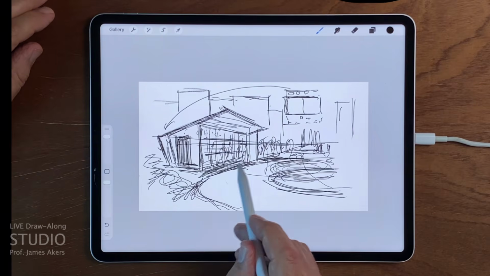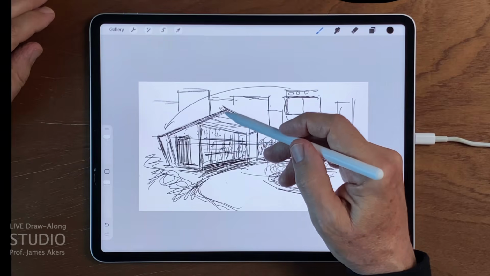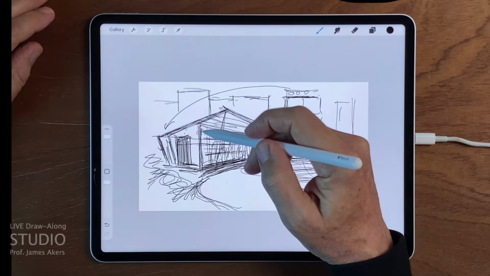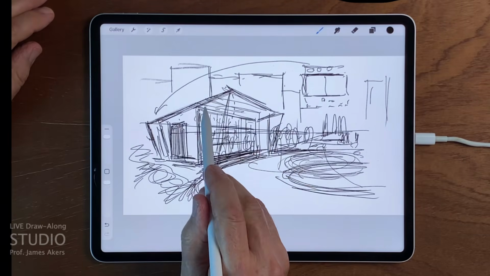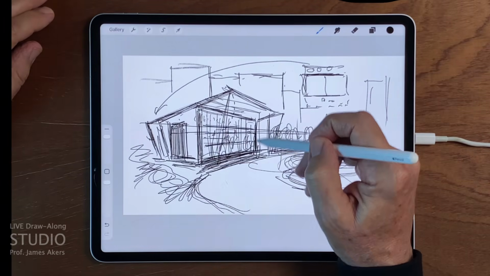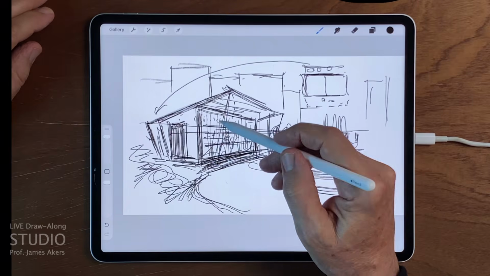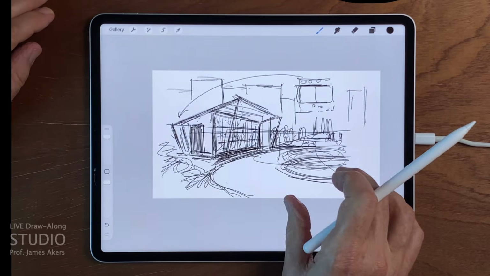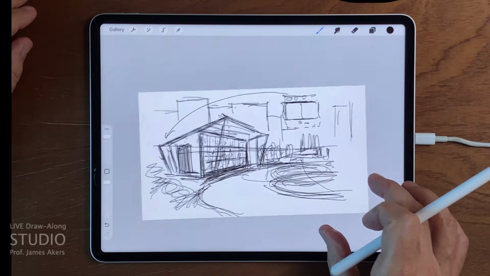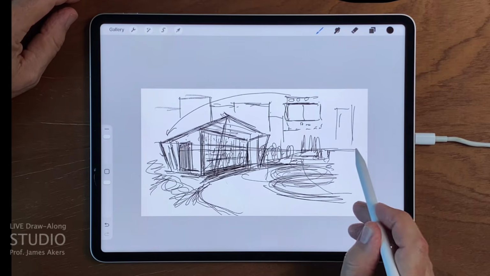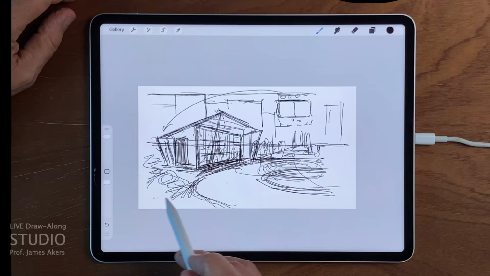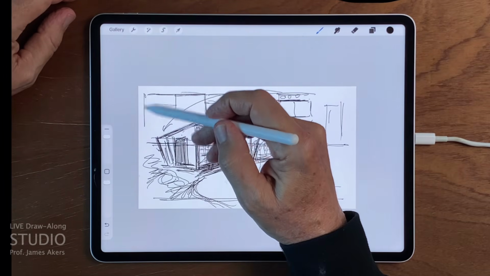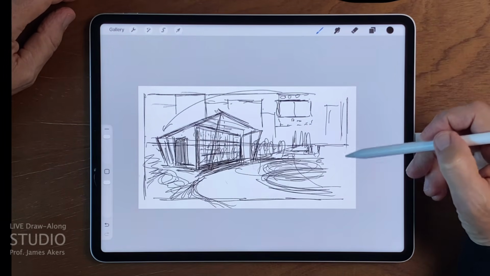With the context now in place, the sketch starts talking back to me again. Once I can see the people, the park, and the activity around the project, it's much easier to spot opportunities to improve the design. So I spend a little more time refining the ice cream stand, especially that front overhang that will become the star of the show. Then I finish with one of my favorite tricks, adding a simple border around the sketch. It helps organize the composition for me, and it gives Nano Banana a much clearer sense of the image we're